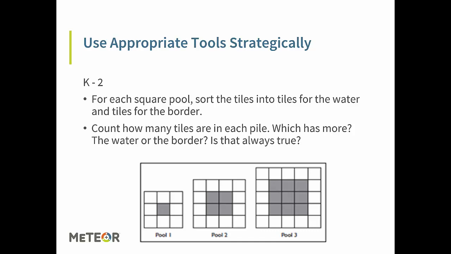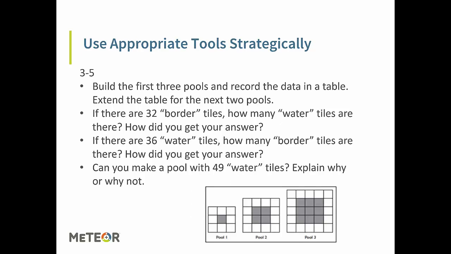For each square pool, sort the tiles into tiles for the water and tiles for the border. Count how many tiles are in each pile. Which has more, the water or the border? Is that always going to be true? This is a K2 problem. Notice how the task asks for the simple tools to be tiles. In the higher grades, 3rd through 5th grade, the task may state this: build the first 3 pools and